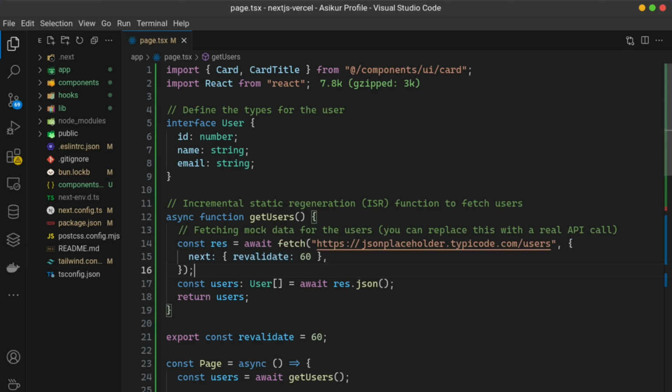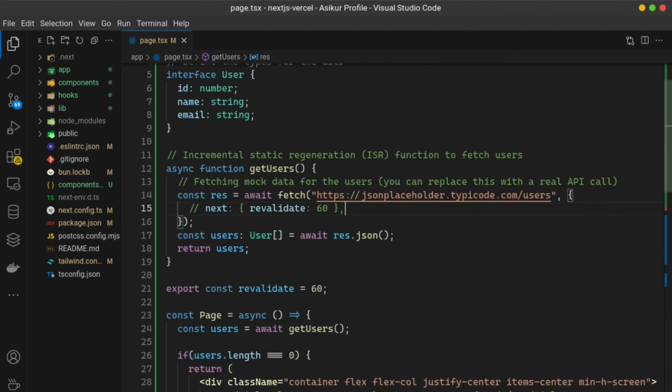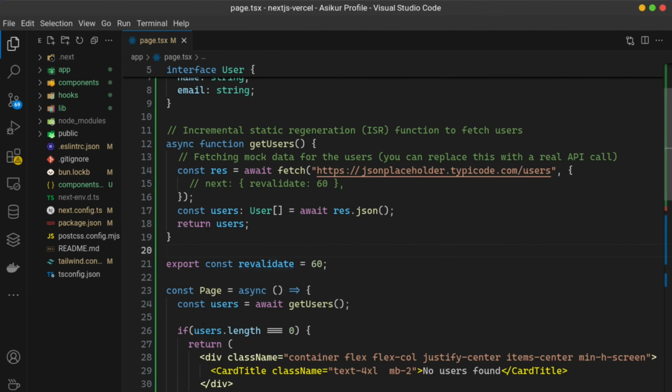For updating data, you need to use route config revalidate, or you can use fetch configuration as revalidate. So after 60 seconds, the data will be regenerated in the background, and after 60 seconds or 1 minute, I will get new data every time. Or you don't need to set it explicitly here, you can use it as a route config, where revalidate is 16, or